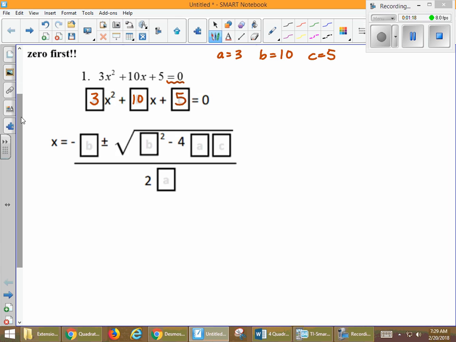So the opposite of b, our b is 10, plus and minus the square root of b squared, so b is 10 again, minus 4, a is 3, c is 5, all divided by 2 times a, and our a was 3. So it's just filling in those blanks, and you can make those blanks for yourself if that isn't